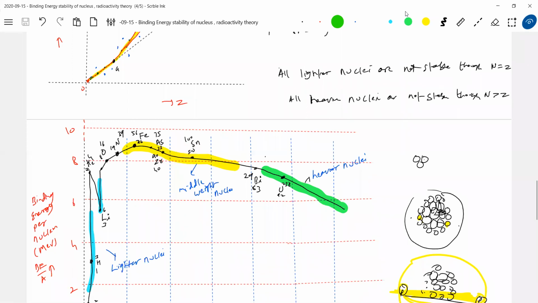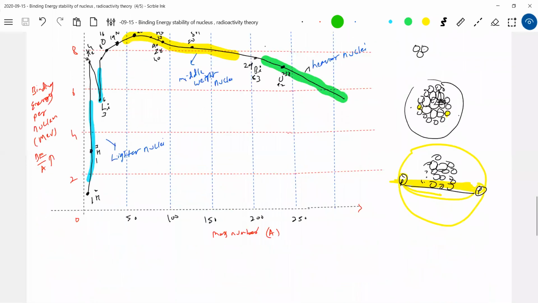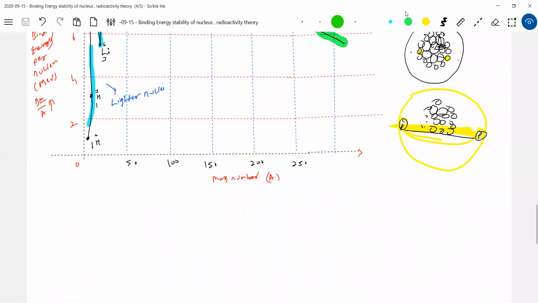So for those nuclei where the electrostatic force dominates over the nuclear force, they become unstable. To attain stability, they try to decrease the number of nucleons. As they decrease the number of nucleons, we say it decays. It will just decay on its own. It will decrease the nucleons. No need of any external agent. The nucleus